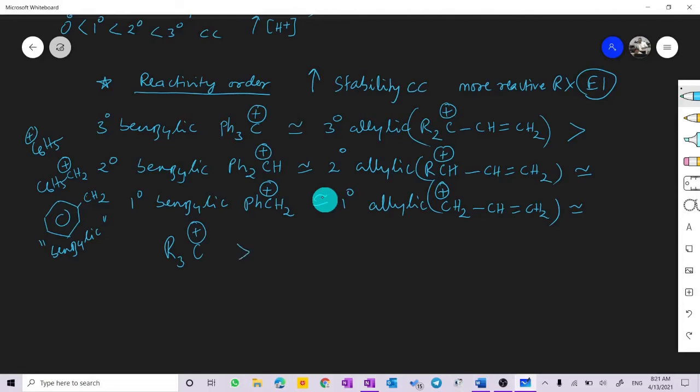So this will have more reactivity when compared to secondary. This is a tertiary carbocation. This is a secondary carbocation, R2CH plus, when compared to the primary carbocation, RCH2 plus, and compared to the vinyl carbocation, which is the least stable carbocation, that is CH plus double bond. Vinyl can be compared to the phenyl carbocation. These two are highly unstable, so they will never lead to the formation of the product here.